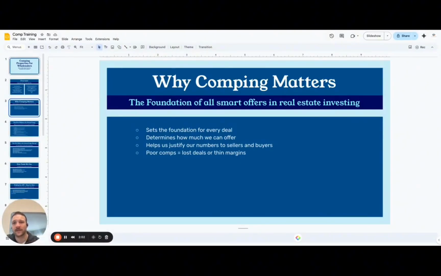Because if you remember correctly, the way you calculate an offer, and this is just a quick rule of thumb, is you take the ARV, which is the comped price, you subtract somewhere between 65 to 75%, you subtract the repairs, and that's the price the investor would pay for the property. Now, one step further is the price we would pay. We subtract our fee as well. So let's say 25,000, we would subtract that as well, and that's how we'd arrive at the number.